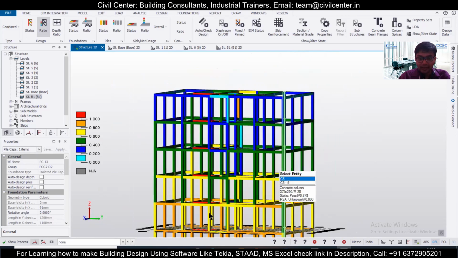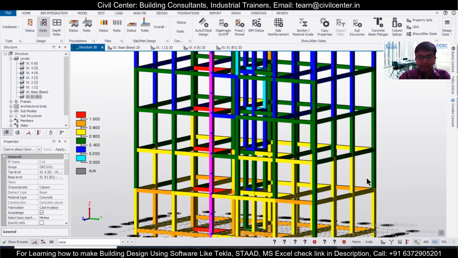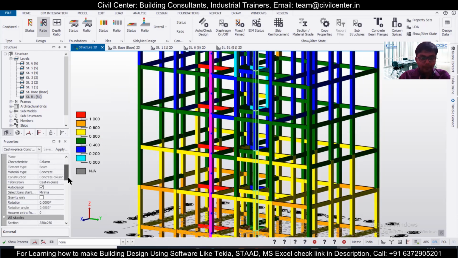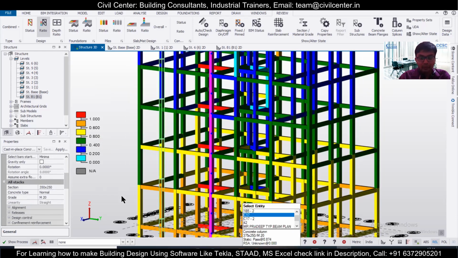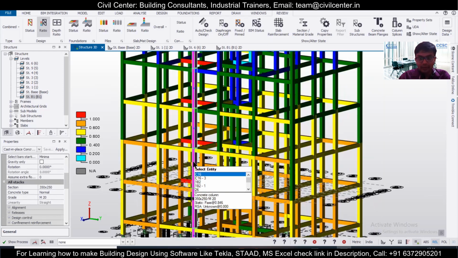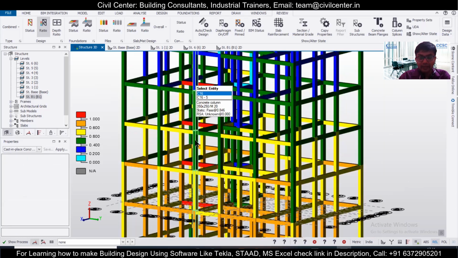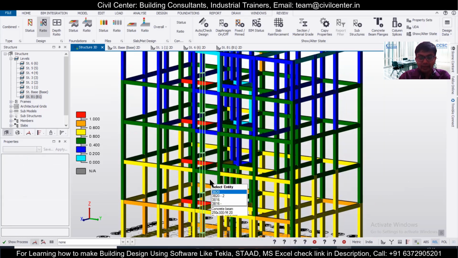So here, let's take a particular column and show you how to make this economical. Here we have the size of 315 by 250. If you hover your mouse over here, you can see what is written. It is pass, 0.846. So it is exactly 0.846, but this 0.846 is for this one. If we go above, it will be less. That's why it is showing in the diagram. So here it will be less.